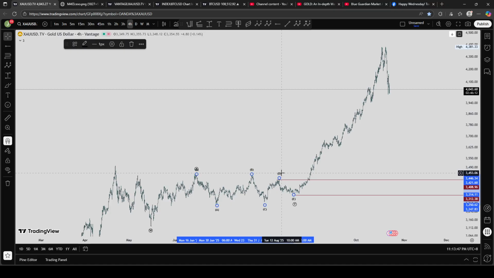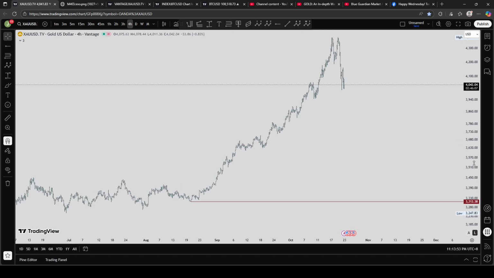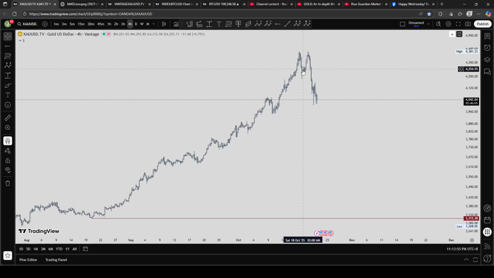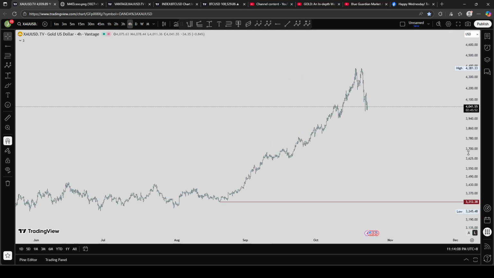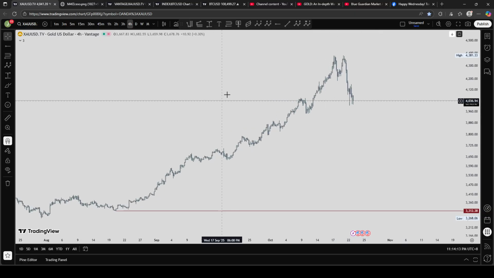So let's start the counting from here to understand the current situation of the gold now. Is this the higher time frame correction, or is this just a lower time frame correction? So from here to here, let's count the waves using Elliott wave theory. This will be my wave 1, 2, and then this will be my wave 3, 4, and 5.